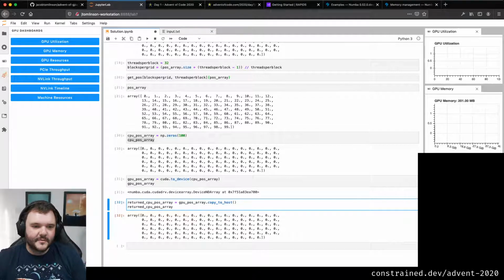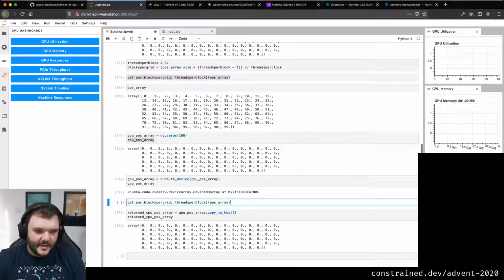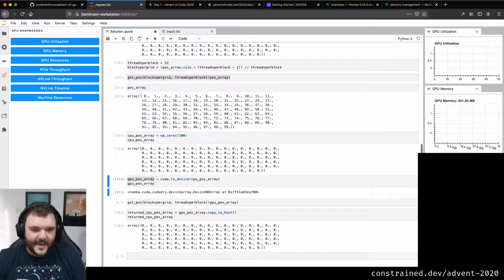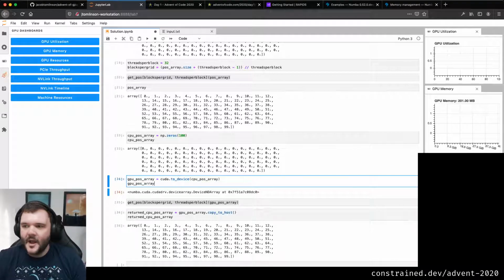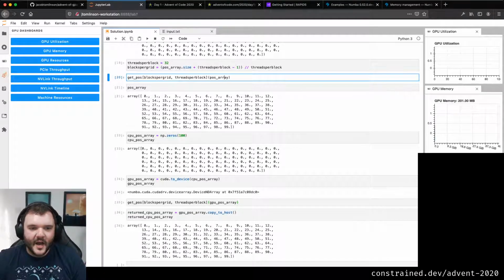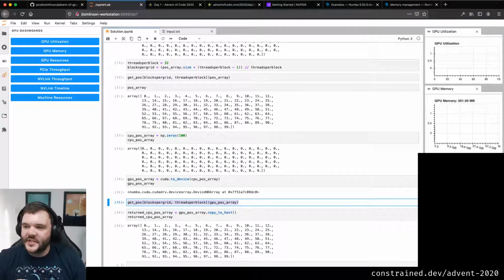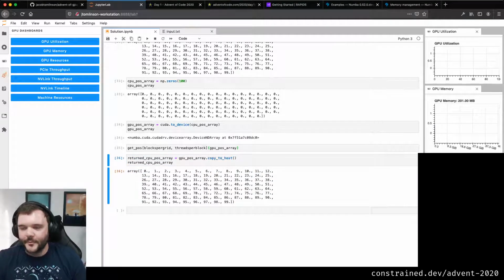So if I then tried to get position of my GPU array here, GPU pos array, we make our CPU array again, copy it to the GPU again. I'm now going to do my function call here, and then I'm going to copy that back. We can see the numbers have been filled in, but because I'm doing each explicit step, I'm in control of this memory management now. So I make my stuff on the CPU, I copy it to the GPU, I do stuff. I could do more function calls here, and there's no copying or transfer, right? I'm just operating on the data that's on the GPU. And then at the end, I'm like, okay, now I want to see it. Now I want it back on my CPU because I want it in a plot, or because I want it in my notebook or whatever.